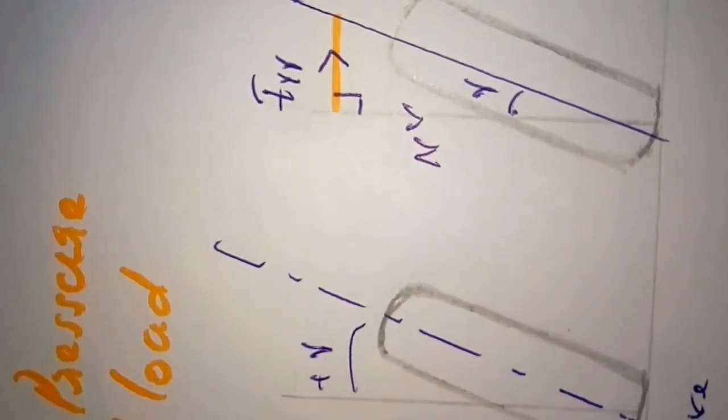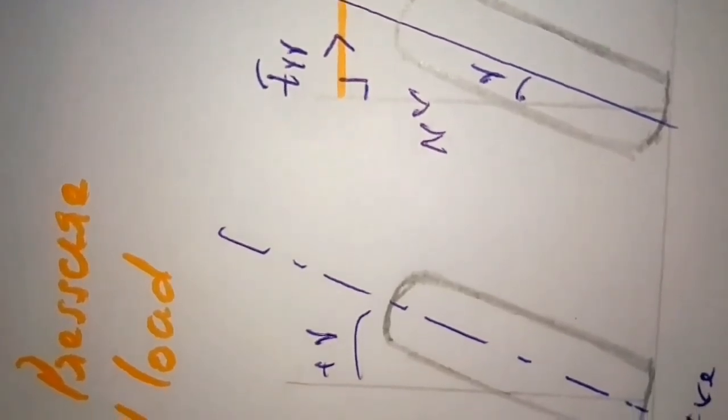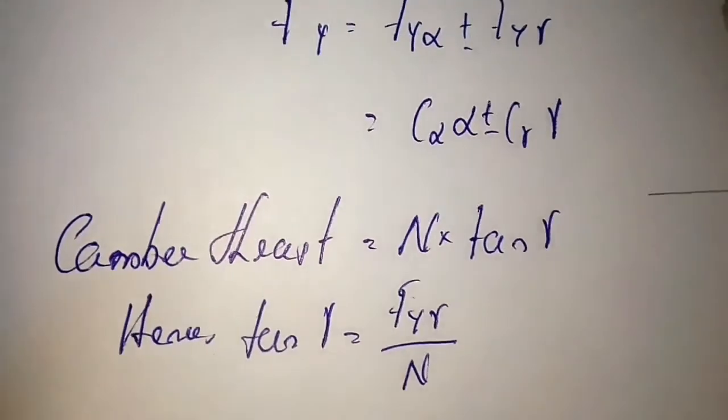The normal load will always act in the vertical direction, and it is shown as the N there. The blue line is the plane of the wheel. When we project it, first we will point the magnitude of the normal force, and when we project the F_yγ, which is the camber thrust, it will meet at the wheel plane, and the magnitude of the camber thrust will be the value of that orange line. These three lines are in equilibrium, that's why we are getting a triangle there.